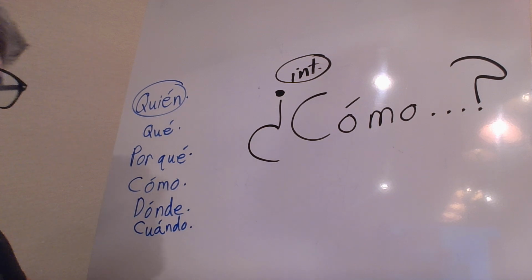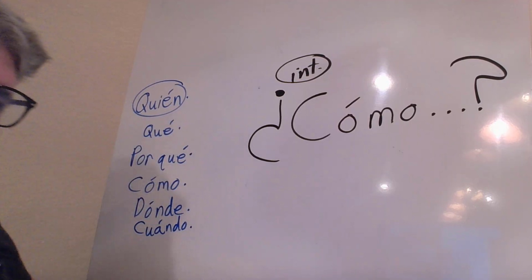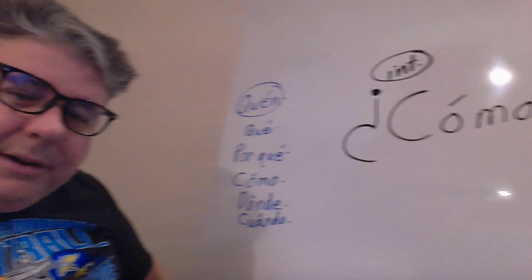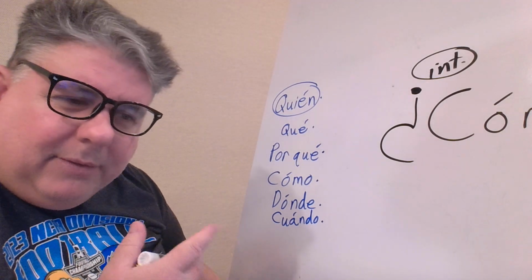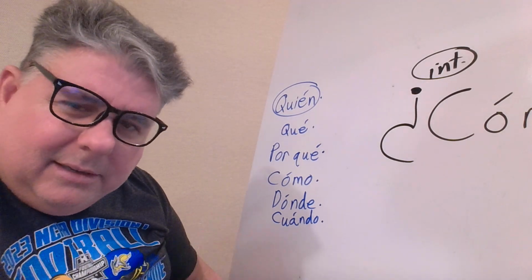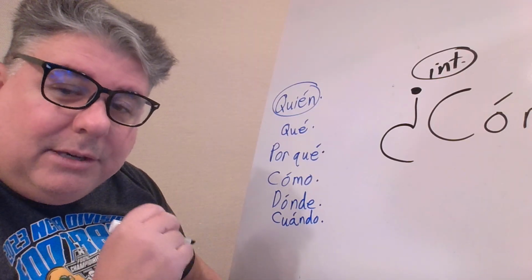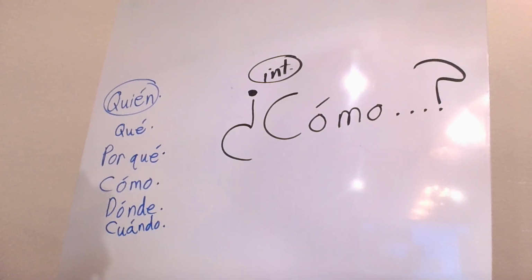Like, how did the magician escape from that locked container? How did you do that? The phrase, how did you do that, is very common in Spanish. Like one friend asked another, oh, how'd you do that? Can you give me some advice? ¿Cómo hiciste? How did you do that? ¿Cómo hiciste? Like, how did you do that?